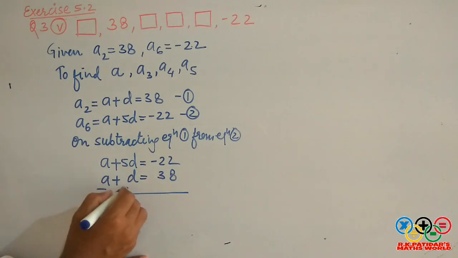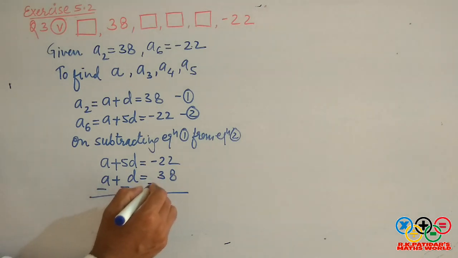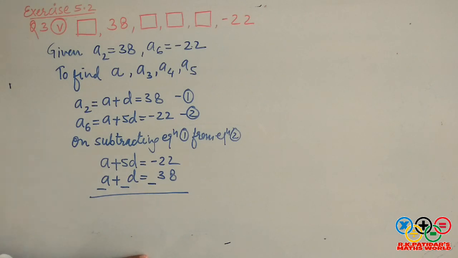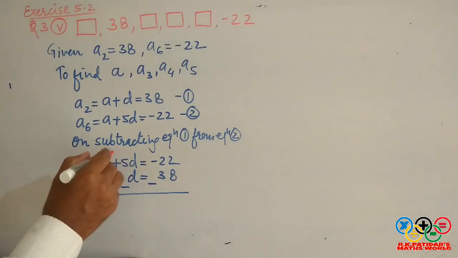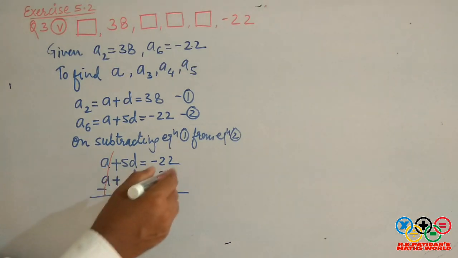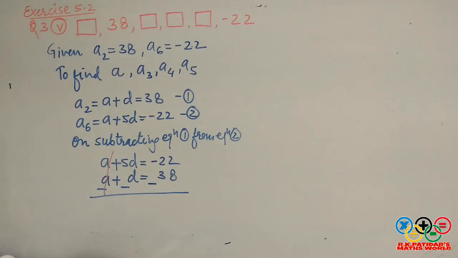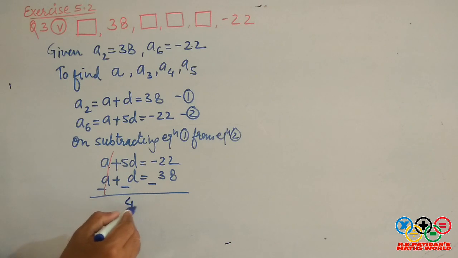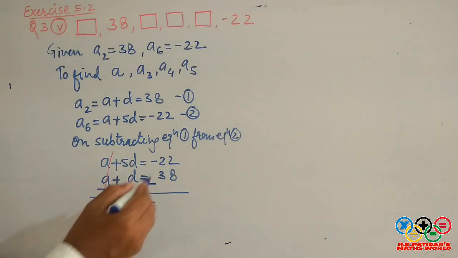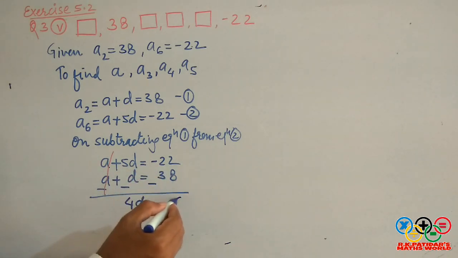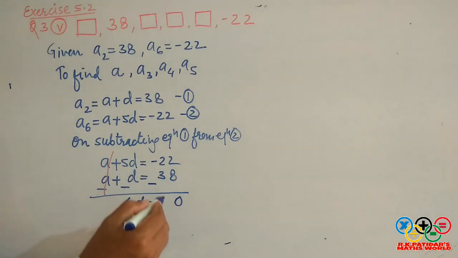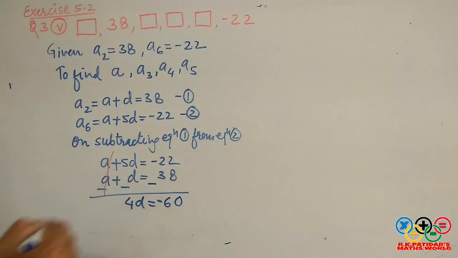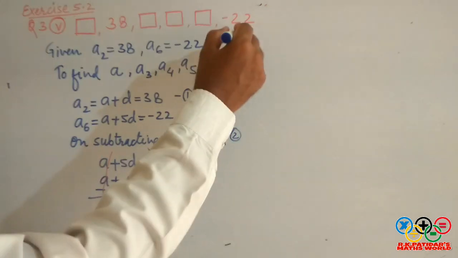Then we will subtract: minus, minus and minus. ठीक है, subtraction में साइन आपके चेंज हो जाएंगे. तो ये माइनस माइनस, ये a माइनस a कैंसिल. ओके, सो रिमेनिंग आप सब्ट्रैक्ट कर दें. 5d minus d, it is 4d. ये दोनों नेगेटिव है तो प्लस हो जाएंगे. 0 and 6 minus 60.